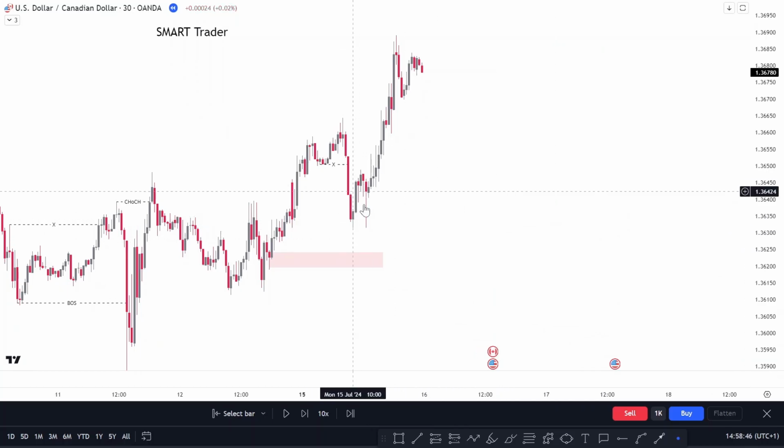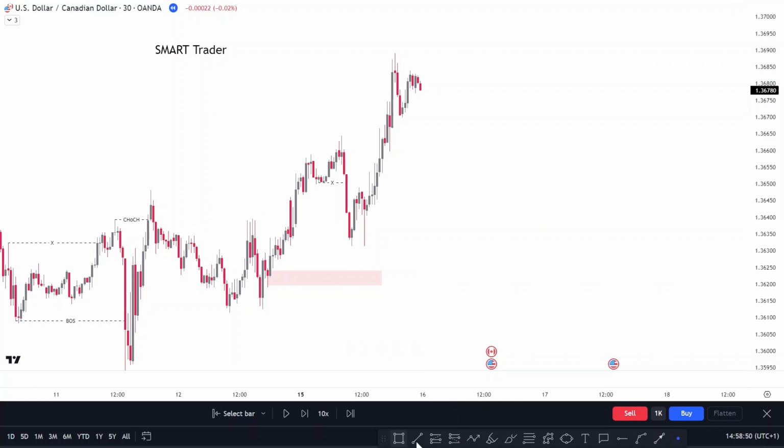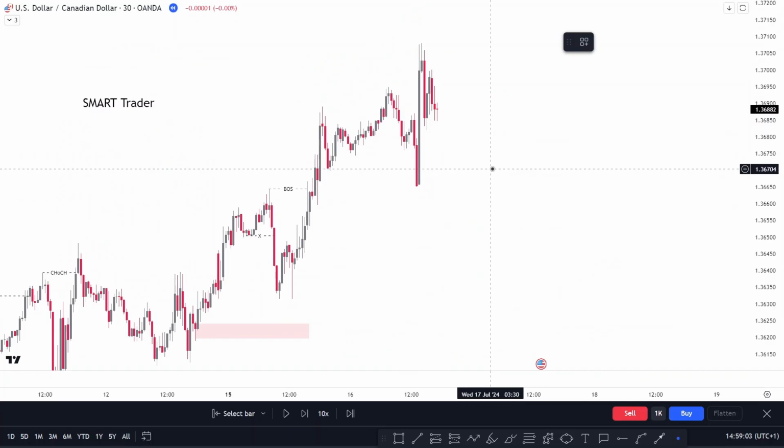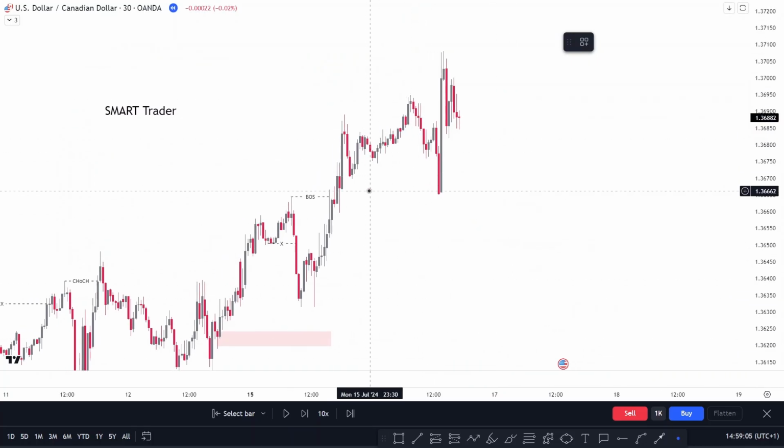All right, the market didn't come back to mitigate our valid order block, which is here, and the market has broken this structure here, and we have to wait for another structure so that we can take another trade. So here we have another structure, which is here. After breaking this structure, the market created this inducement and took out this inducement, but the market again failed to come down to mitigate any valid order block, so we couldn't take a trade based